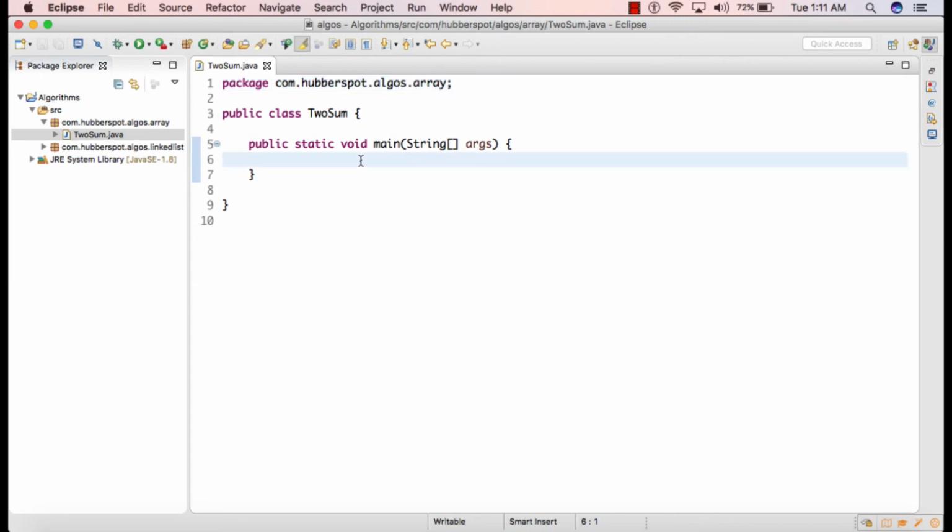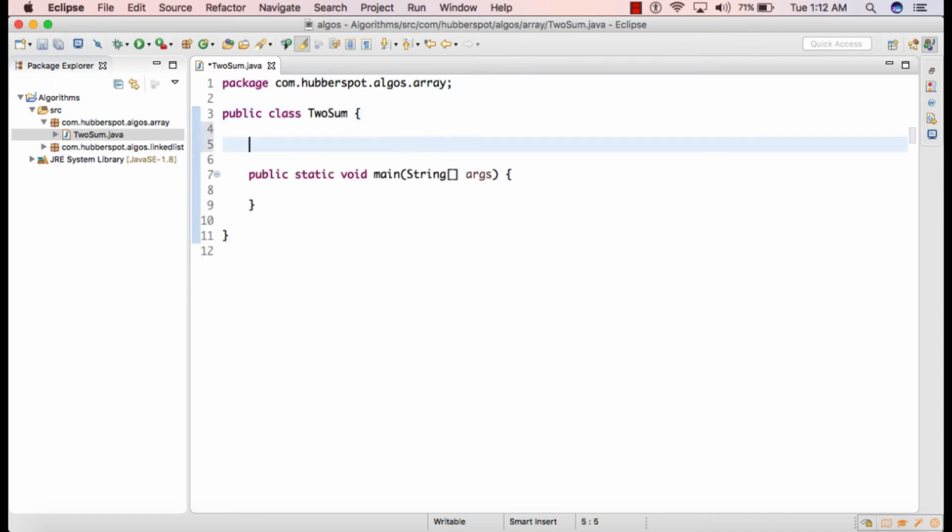So friends, let's code the algorithm we saw in the slide. Here I have just created one class by the name toSum, and it has one method, the main method. So let's say I give the method name as public static toSum.